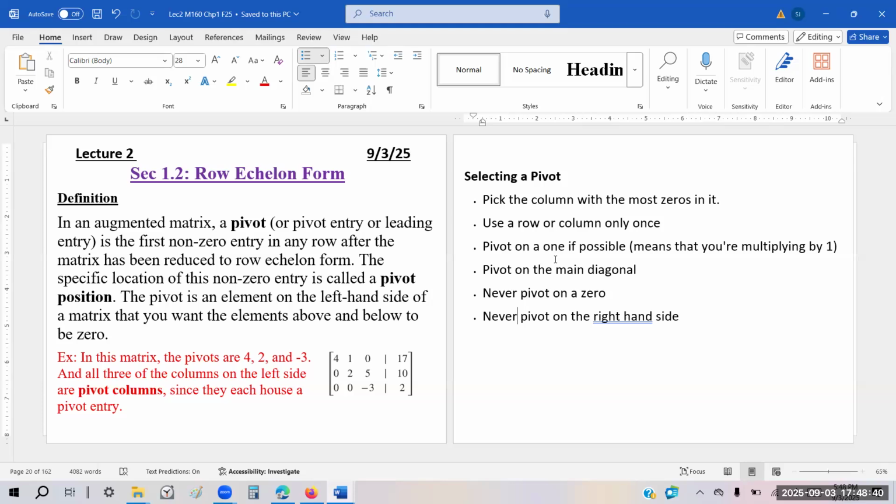The coefficient and the constant without any variables. So in that augmented matrix, a pivot, or pivot entry, or pivot point, or pivot position, is the first non-zero entry in any row after the matrix has been reduced to row echelon form. The specific location of this non-zero entry is called the pivot position. The pivot position is an element on the left-hand side of the matrix that you want the elements above and below to be zero. So we have an augmented matrix, and once we reduce that,